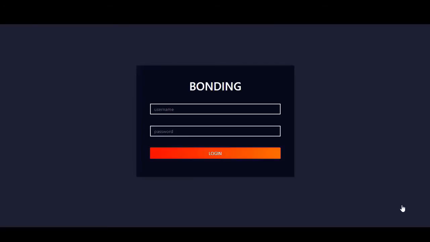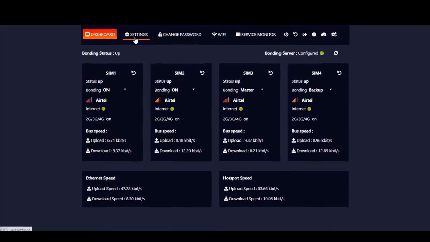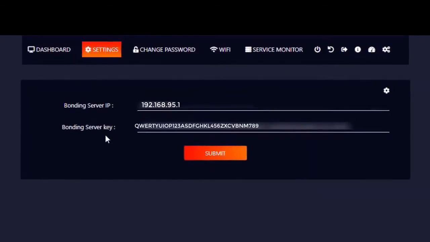So to begin the bonding process, you have to first log in using the credentials provided. And once you log in, you can go on further by configuring your device by entering the provided server IP and server key in settings. And as I told you before, the IV7 team will be providing you the server IP and server key,